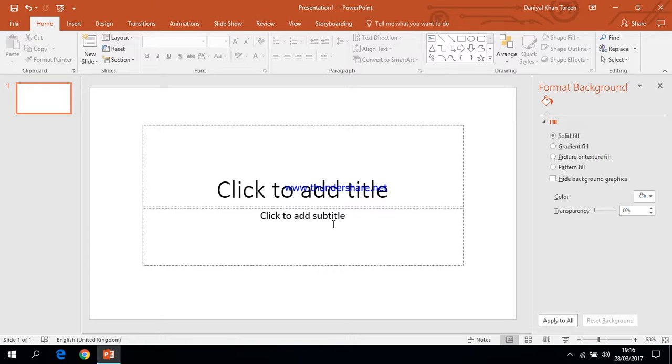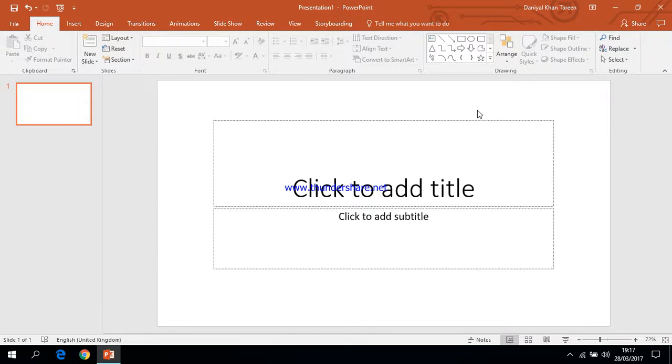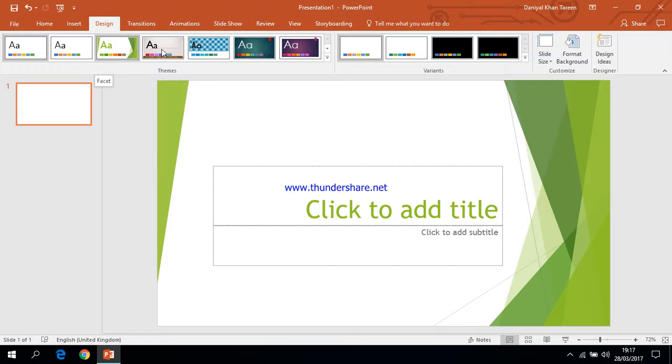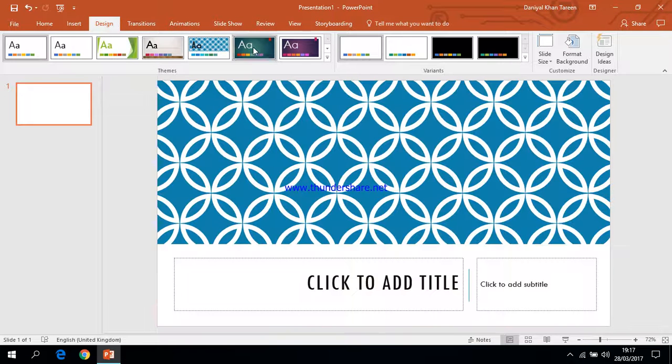Hey guys, it's time to make the second part of the PowerPoint presentation, and I've just opened up a blank presentation. So first of all, what I do is I add the design and not the text, because in the end if I make an error, it's easy for me to correct the error. So we would just go to design and either select one of these by just previewing them, by placing the cursor on them like this, or select from here